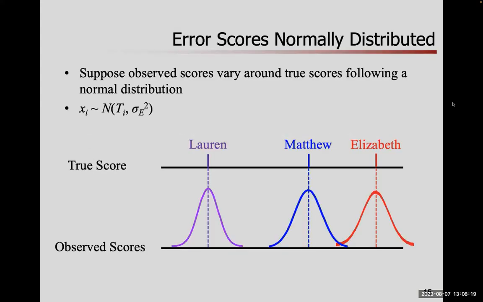So here again, it's from classical test theory. We've got true scores. I've got 3 examinees, Lauren, Matthew, and Elizabeth, and I've plotted where they fall on the true score scale. But our observed scores are not the same as the true scores. For each person, my observed score might vary around it by so much. That's what those little normal distributions are. If I give these people my assessment, Lauren's score might bounce around her true score. Matthew's score might bounce around his true score, and so on. The notion of measurement error. Some people nodding, I'll take it.